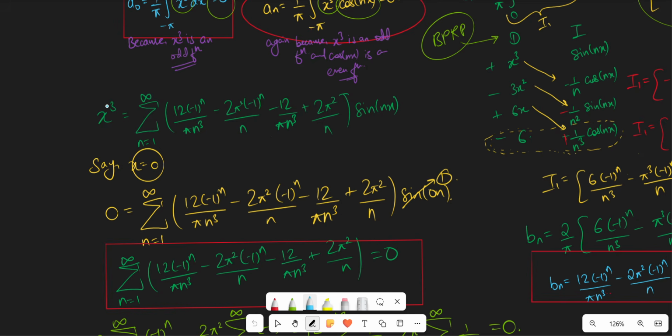So we have x cubed, the function, as the summation of this thing and sine of nx, right? So we want to make sine of nx disappear. For that sake, I just have to make sine of nx equal to 1. And when x is 0, so sorry, when x is